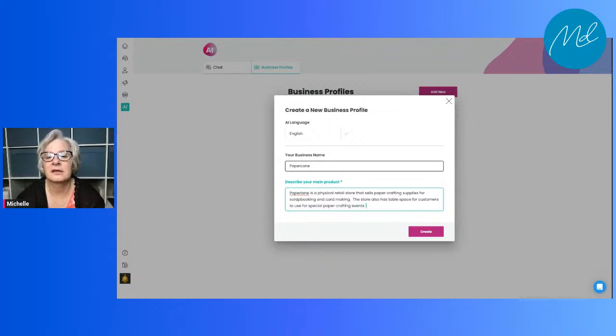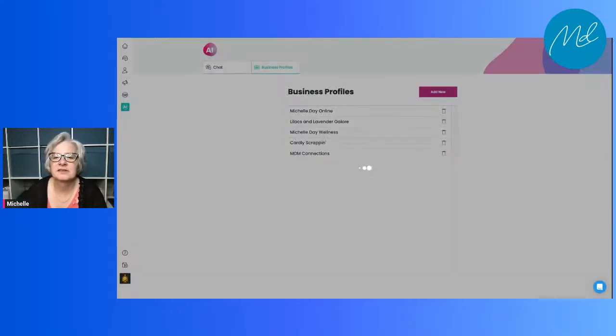Events like crops and card swaps. Okay, I'm good with this one. I think it's enough details in here. So we're just going to hit create. And let's see what kind of a business profile it writes for us. It's exciting.